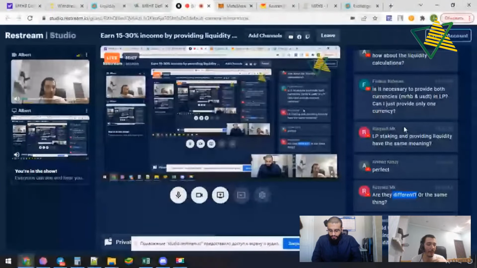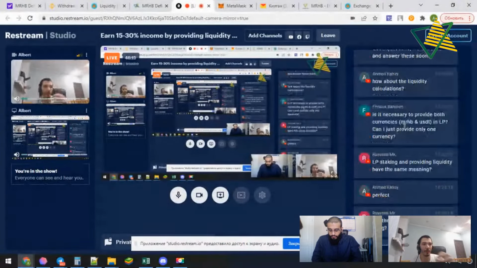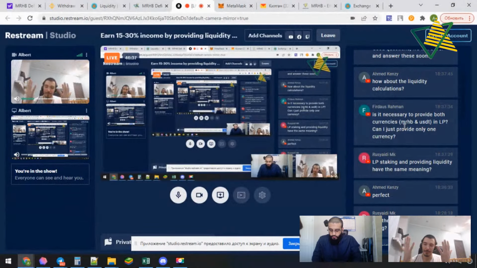Proof of stake is when you freeze your tokens in a consensus mechanism, and your tokens are used to validate operations. Okay, this is staking. And providing liquidity is when you give 2 assets, USDT and MRHB. For example, these are 500 USDT and 500 MRHB. Okay, and this is Ahmed's assets.